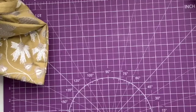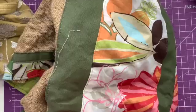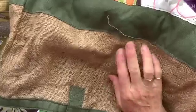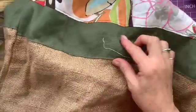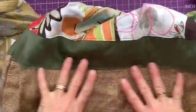Now this other bag I have was given to me by a wonderful friend, and she made it for me. I love it, but what I don't love is this hessian. It's itchy and I don't like it. So what I'm going to do is find some heavier fabrics, and I'm just going to make one big long